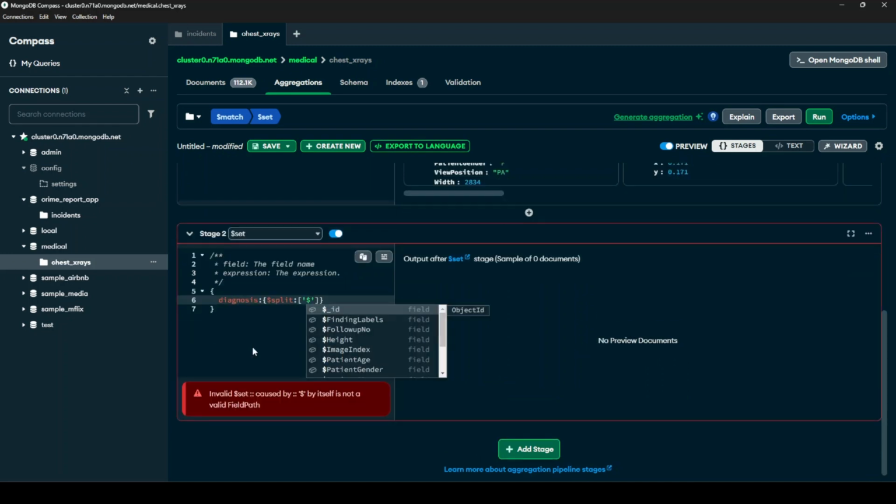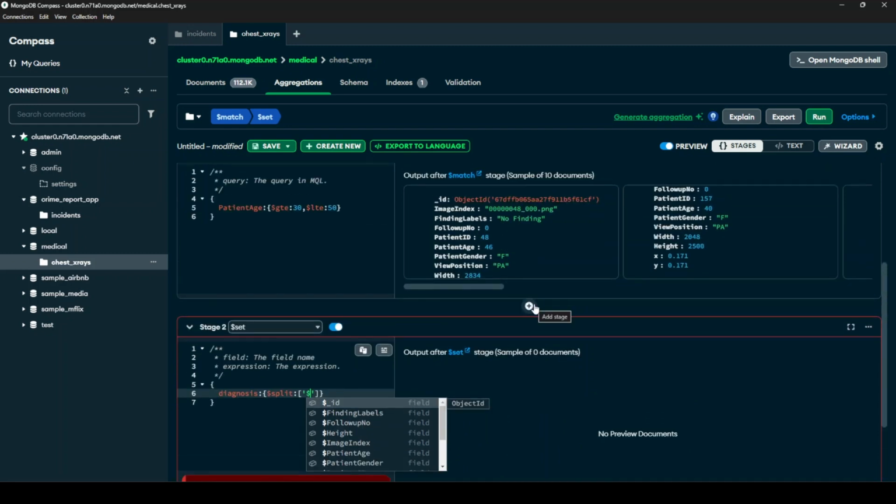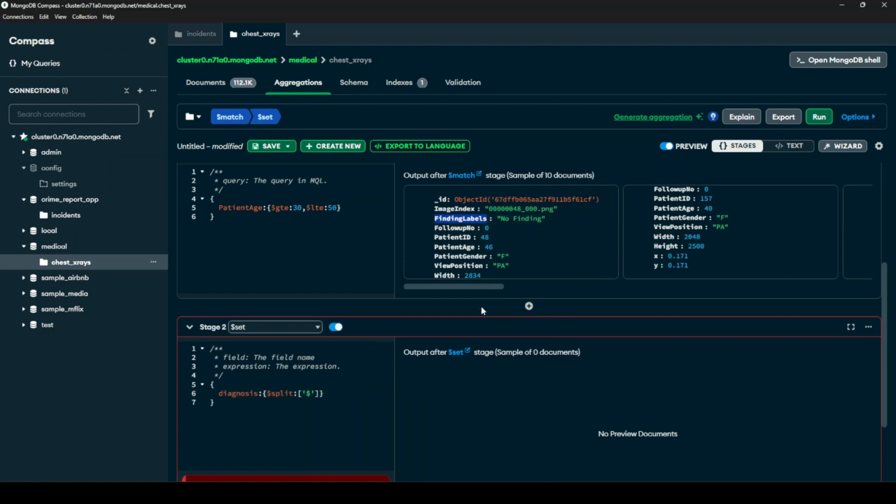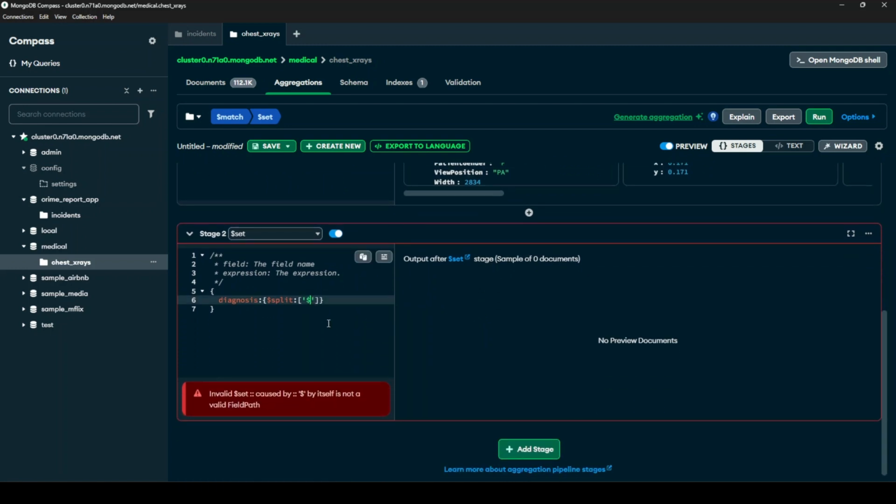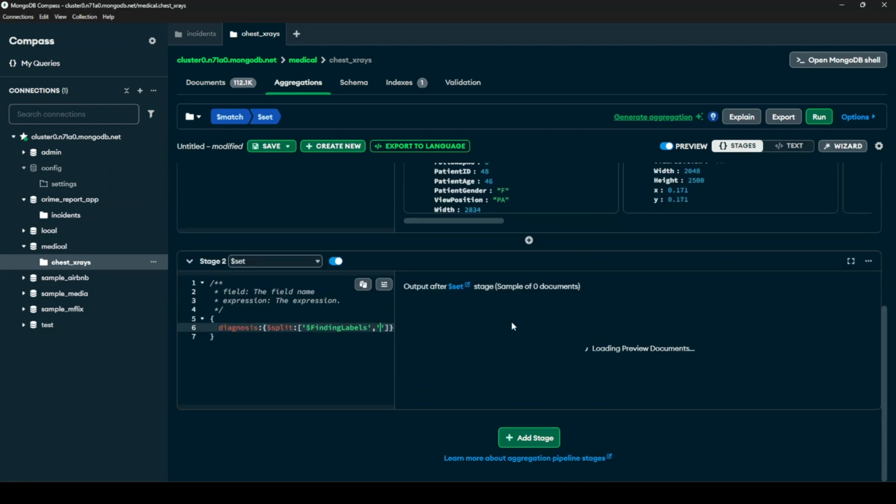In this case the field is called, let's find that field, it's called finding labels. So that was the original field name coming from the CSV. So finding labels, and what would I like to use to split? So I'm using the pipe,